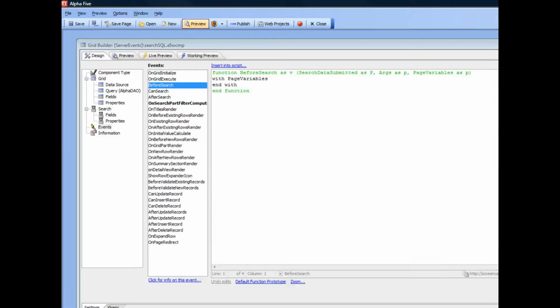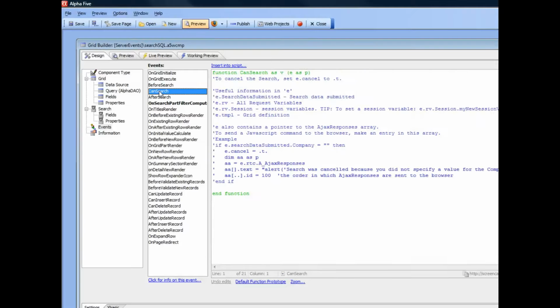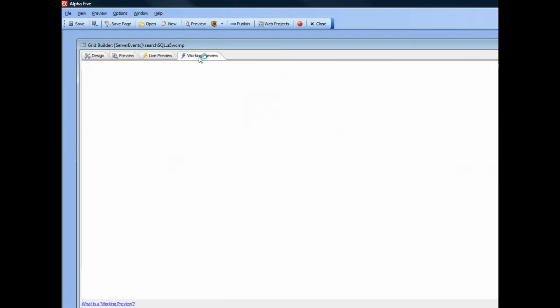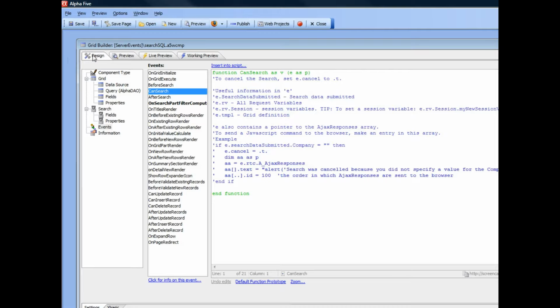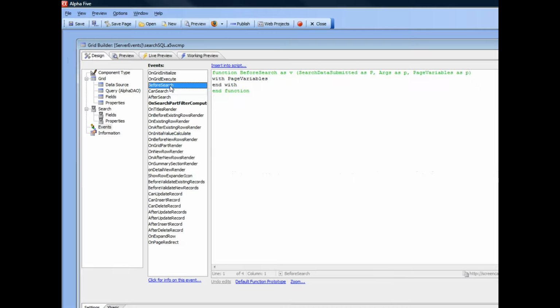In this video, we're going to talk about the BeforeSearch and CanSearch events. Now, you can see here that we have a simple grid with a search part, and the BeforeSearch event fires before the search is computed. It fires also before Alpha 5 takes the data that the user submitted and computes the search filter or where